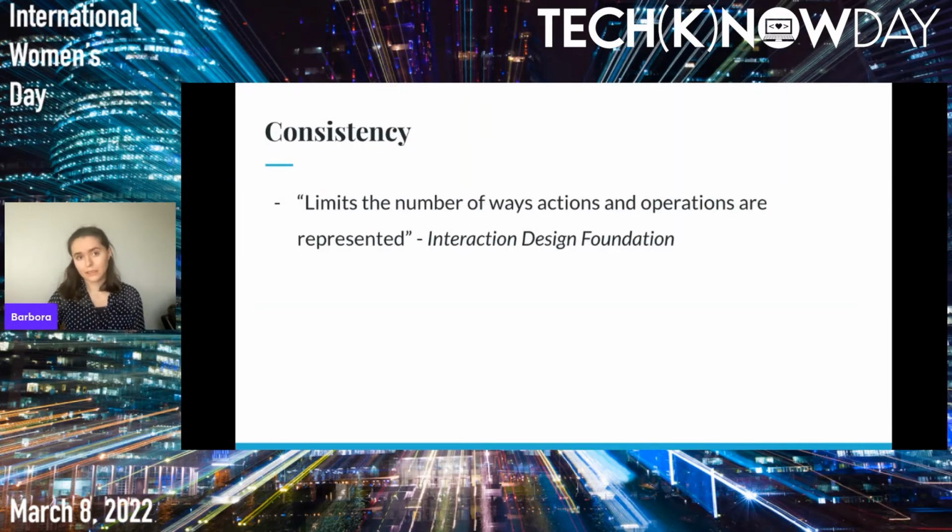Moving on to consistency, the Interaction Design Foundation says that consistency limits the number of ways actions and operations are represented. What this actually means is that the focus here is on users. We want to make sure that users don't have to learn new representations of each task, so that basically they can complete new tasks without having to learn a whole new tool set. In terms of advantages,